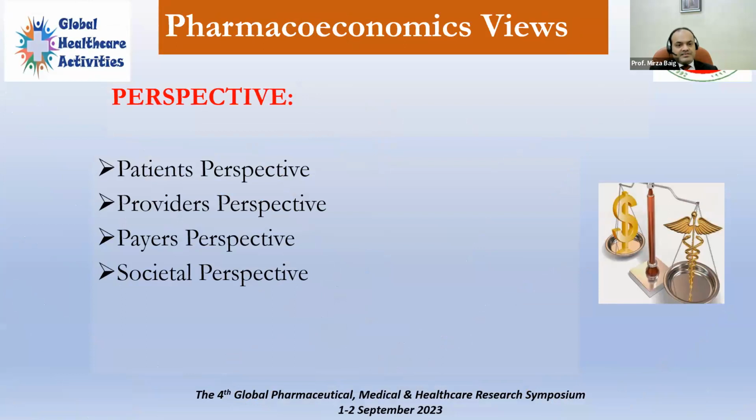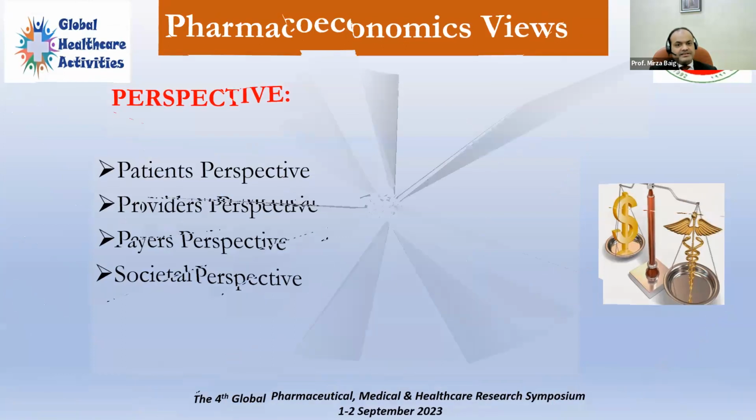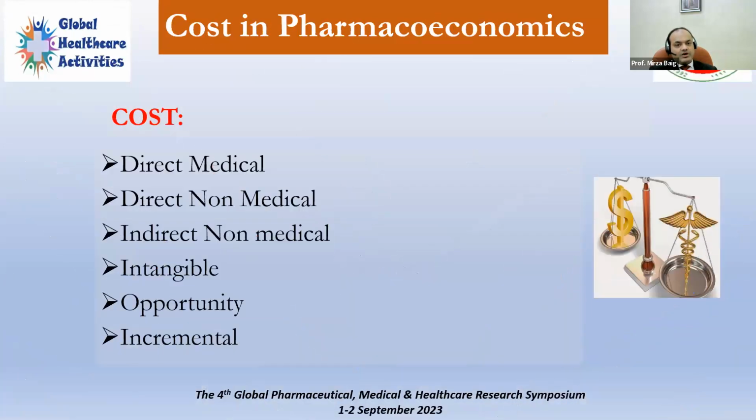So these are the different perspectives, whether you're doing it for the patient, for the providers, for the payers, the insurance company, or working for the whole society. Depending on these perspectives, we can select specific costs. We cannot take all the costs in all the perspectives. In the payer's perspective, we have to take only the direct cost. For the patient and societal perspective, you can take different types of cost, whichever is eligible for those analyses,